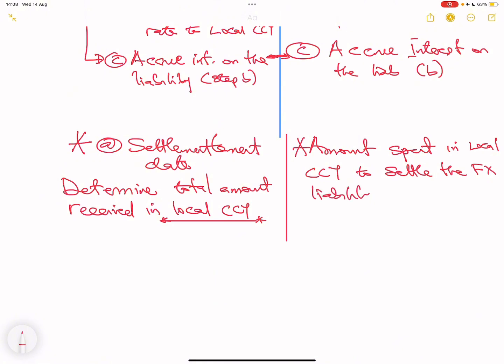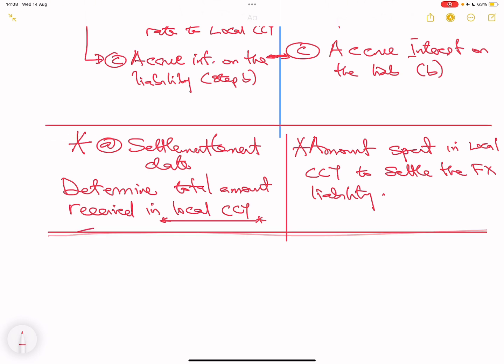Usually this is what the question will ask you when they are testing money market hedge. Another way they can test it is to say which method should they use as a company. Should they use forward or should they use money market hedge? This is what you need to calculate, because you will check using this method and using the forward which one is better. If the amount spent is cheaper here, then you use money market. If the amount received is more for money market, you say use money market. So that's what we're going to be doing, and I'm going to work a question